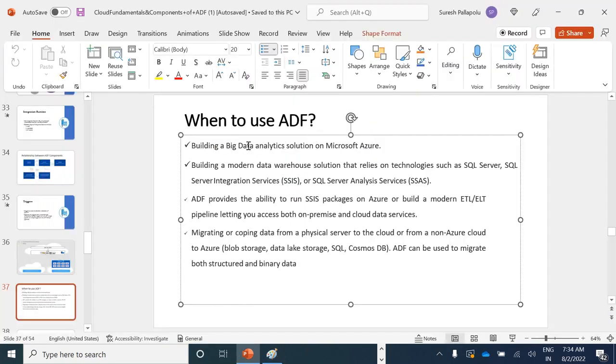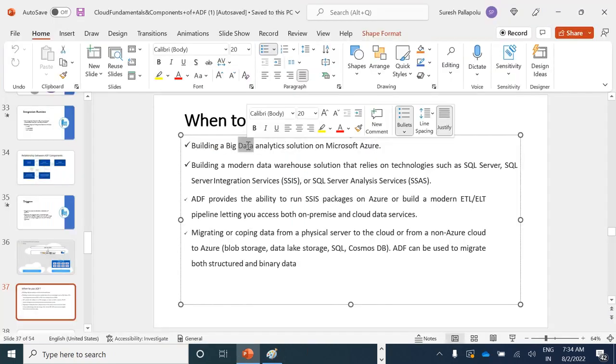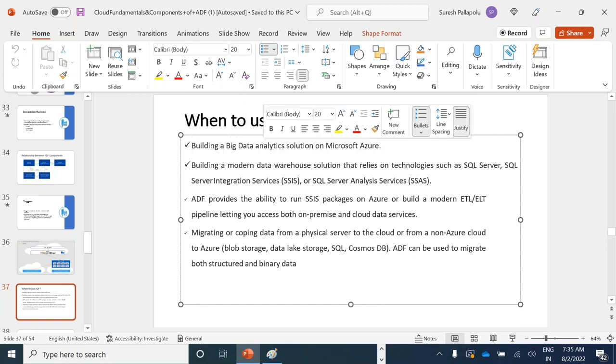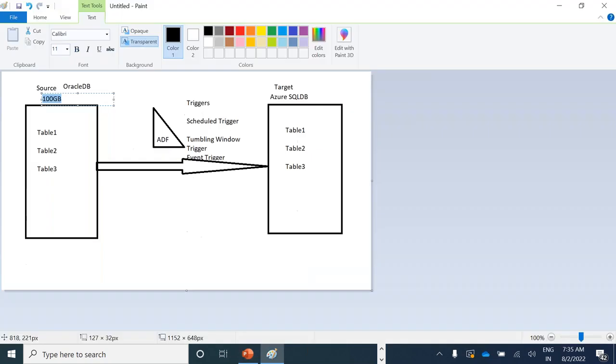So here, building a big data analytics solution on Microsoft Azure, you have to do certain kinds of analytics on top of the data. As we discussed, if I take Amazon or Flipkart or eBay or Snapdeal or any other e-commerce website, whatever you log in,